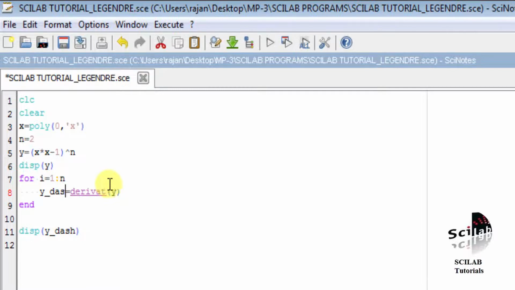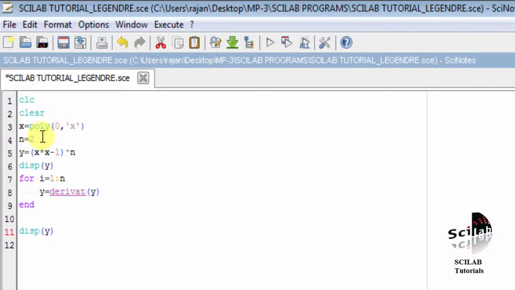So what we will do is we will replace the value of y every time we differentiate. When the first differentiation occurs, we will get the first order derivative of y, it will be stored in y, and the old value will be overwritten by the new value. So now we will have the first derivative of y in y. Now again we will differentiate, so this loop will run n times, and at the end y will contain the nth order derivative of the initial value of y, which is nothing but (x square minus 1) whole to the power n.